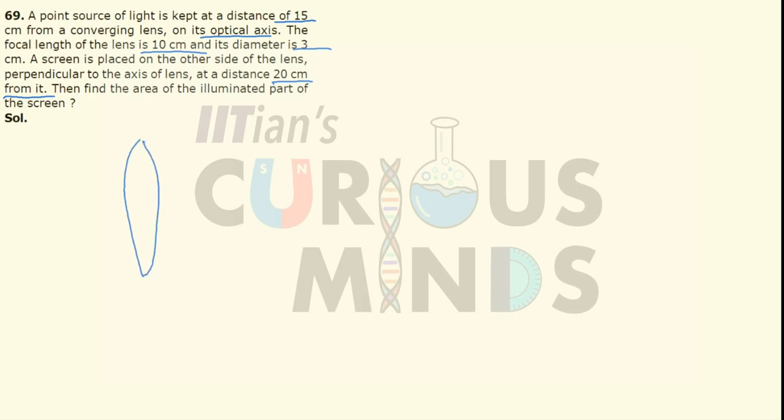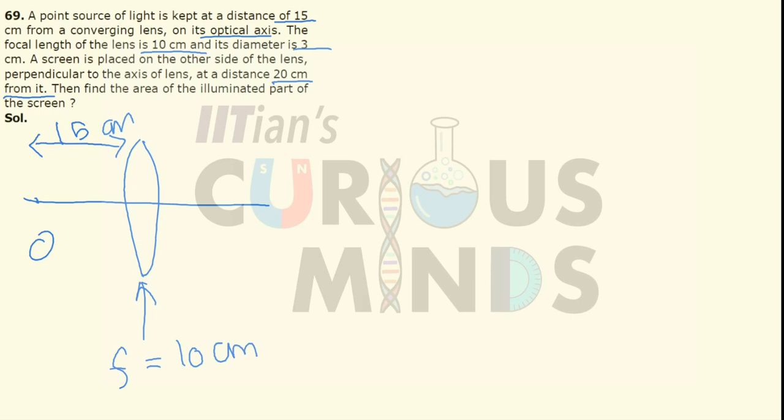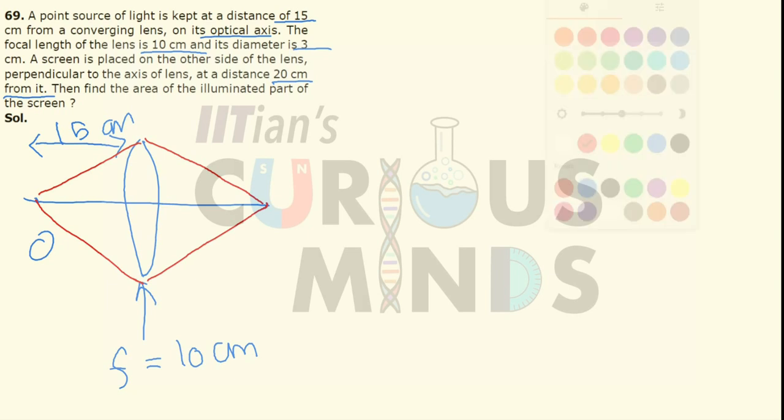If I consider a convex lens and an object is placed at a distance of 15 cm from the converging lens, the focal length of this lens will be equal to positive 10 cm. So now how will the light rays pass? It will pass through the lens, through the corner, in all the possible directions, but first through the corner, and then it will converge and meet at a certain point. Let us find out the distance at which it meets.